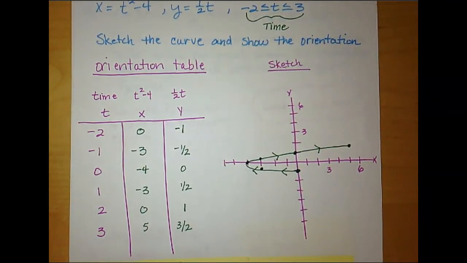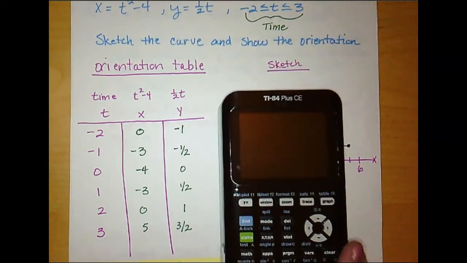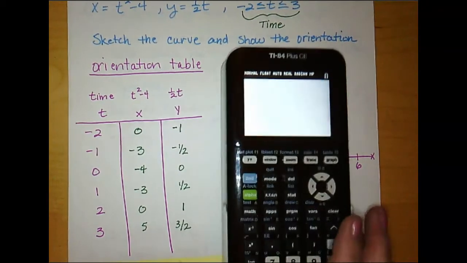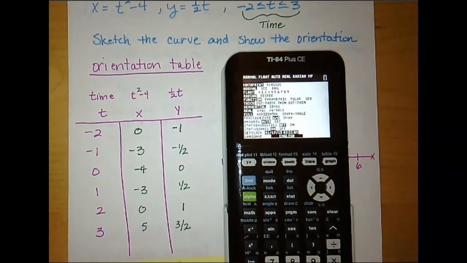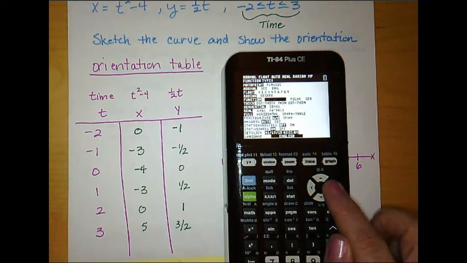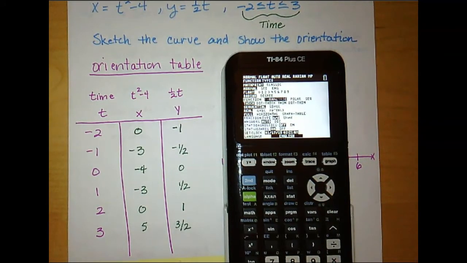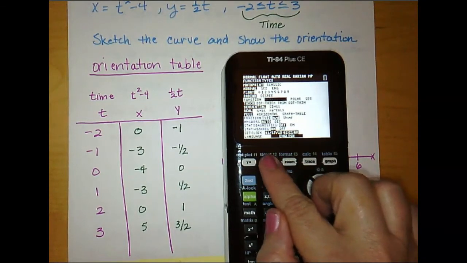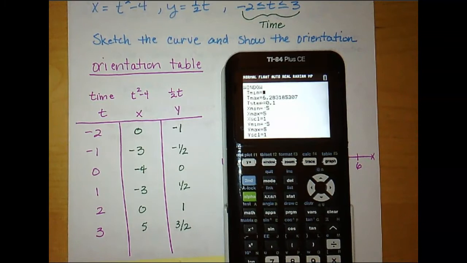Okay, so on the introduction video, I asked you to practice using the calculator. So we're going to actually look at this problem on the calculator. So the first thing we're going to do is put the calculator in parametric mode. So I press the mode button, I go down to where it says function, arrow over to parametric, hit enter. So that takes care of that. Then I'm going to go to my window, and it tells me my time is -2, 2, 3, and then t-step of, well, let's say,